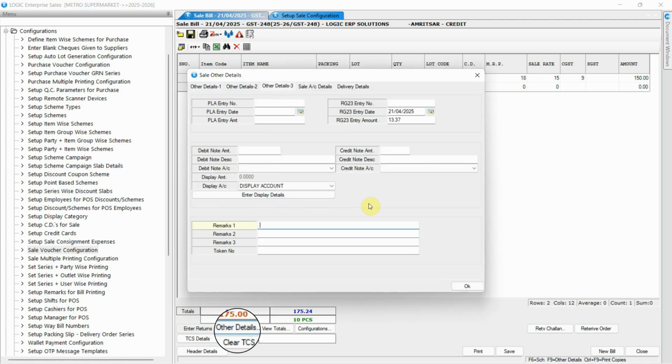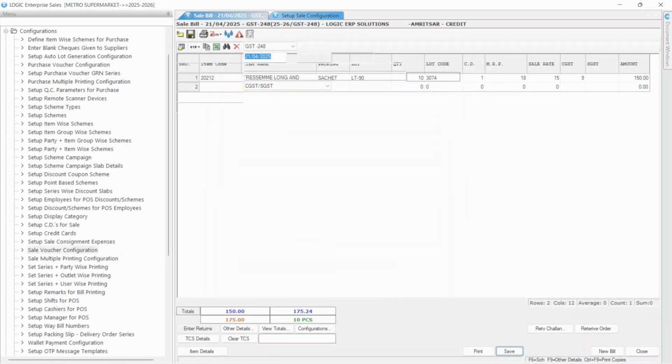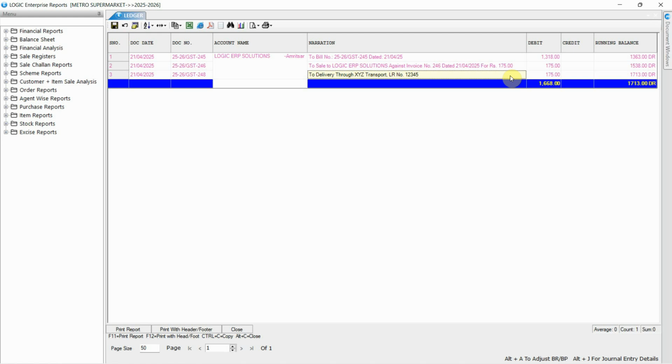Let's add Remark 1 and Remark 2 to the sales bill and then review the ledger report. As observed, the narration in the ledger report displays only Remark 1, while Remark 2 is not reflected.